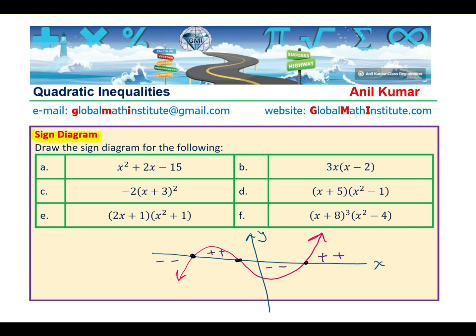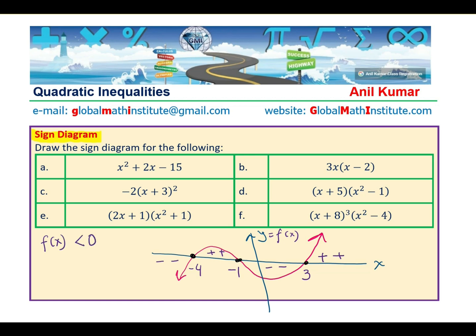So the intervals are defined by the x-intercepts. Between each interval of x-intercepts, the function remains either positive or negative, right? So let's put some values here. Let's say this is -4, this is -1, and this is 3 for us. In that case, when is this function less than 0, or when is the sign negative? For this particular function, y equals f of x,